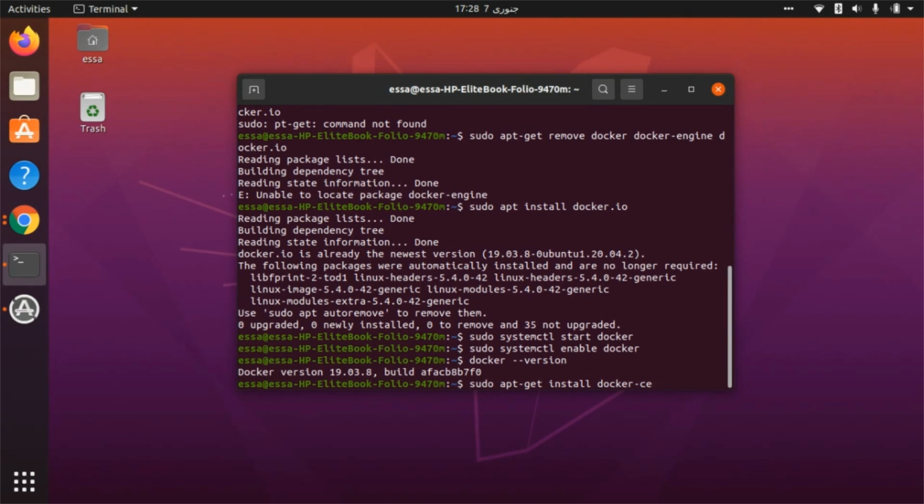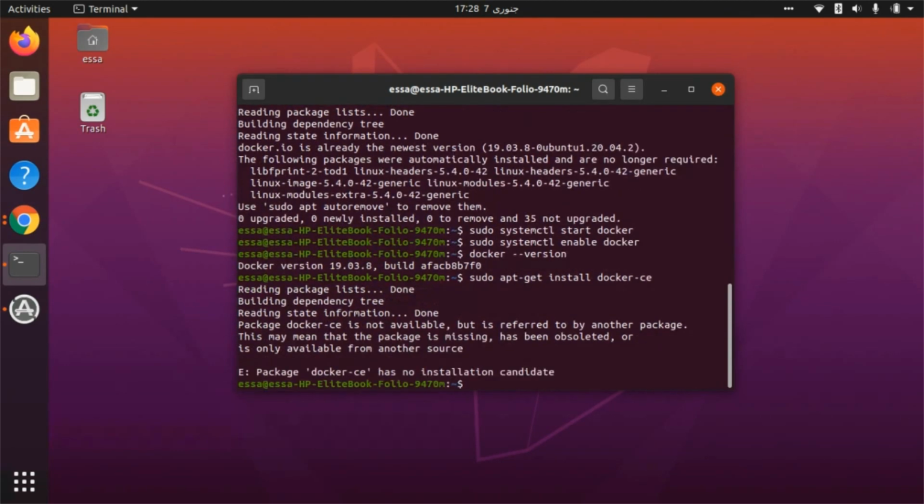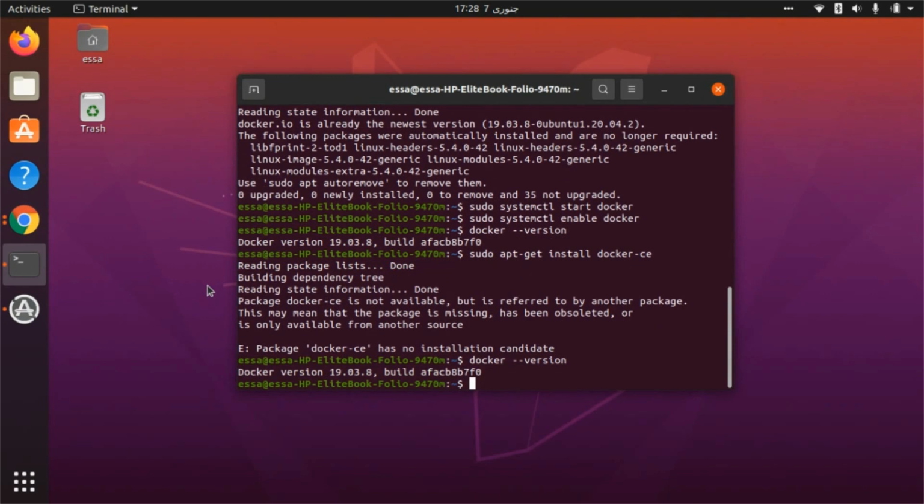And if you type in this command, sudo apt-get install docker-ce, this is gonna install the latest version of Docker. So that is that. And I've already installed Docker, that's why it's throwing this error, but it's already installed, 19.03. So this is how you install Docker in Ubuntu. It's the simplest commands you need to type, and you'll be able to install Docker without